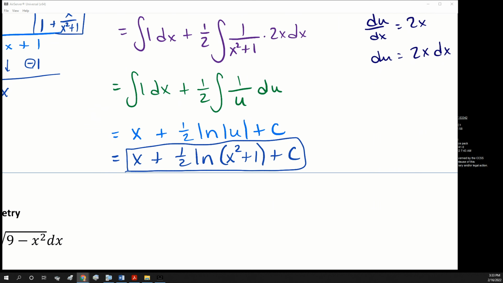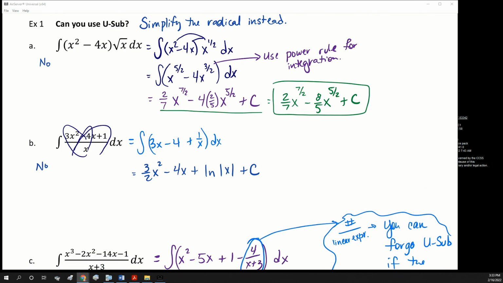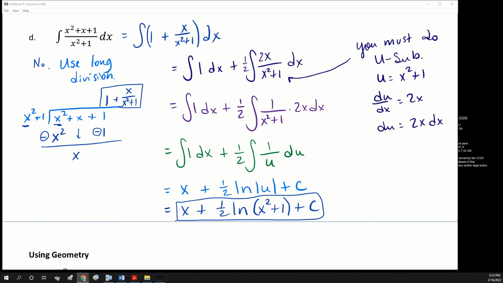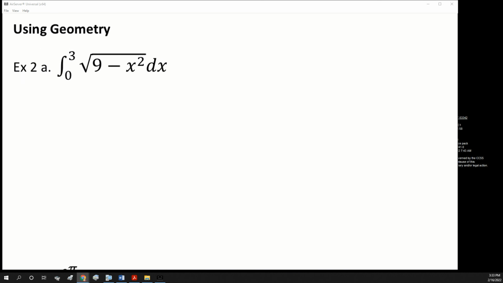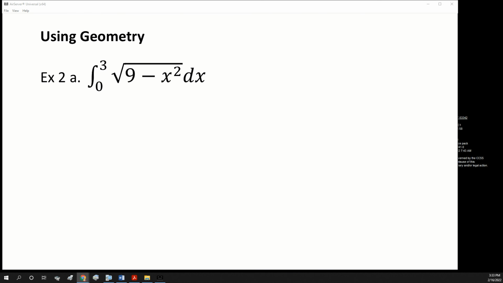All right, so that is using division to simplify your integrand, and the first one was using multiplication to simplify the integrand. The other thing that I want to talk about today is using geometry. Now, we use geometry a ton to find integrals. All those Riemann sums and trapezoidal sums were using geometry. This is going to be slightly different. We're going to need to know what these graphs look like, and then we can use geometry to find the